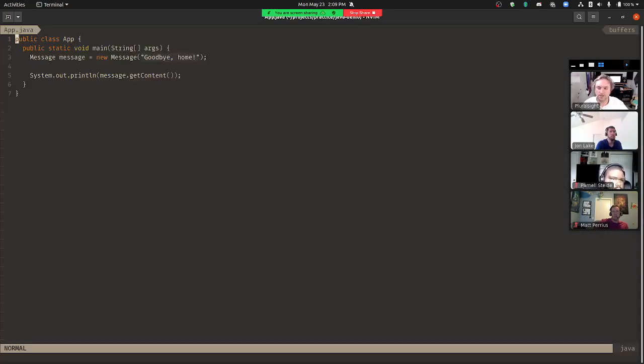Like the public and static and new and ending stuff with semicolons, you should be pretty solid on. Writing Java apps is out of scope for this. It's more like, can you write Java code without tripping over your shoes?